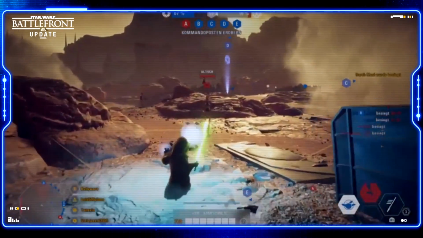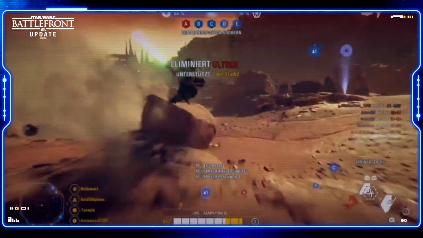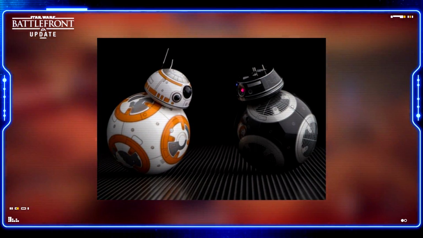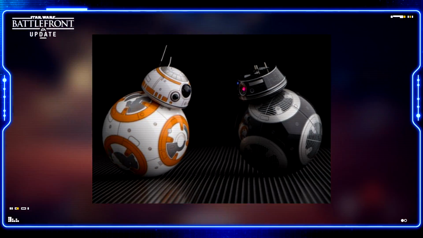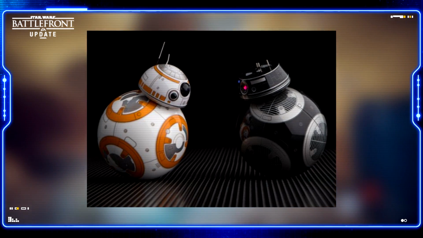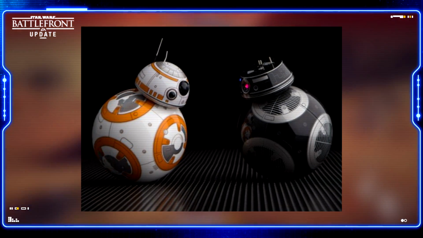But that's not all, as in January we'll also be getting 2 brand new heroes, and take this in. They're gonna be BB-8 and BB-9E. And yeah, as a refresher, the BB-9E is the First Order BB unit that first appeared in The Last Jedi, and I guess it's kind of like BB-8's rival now, or at least it was, or it's gonna be in